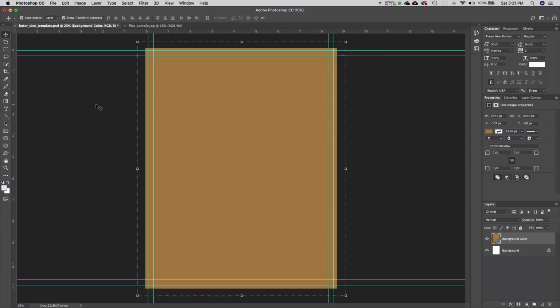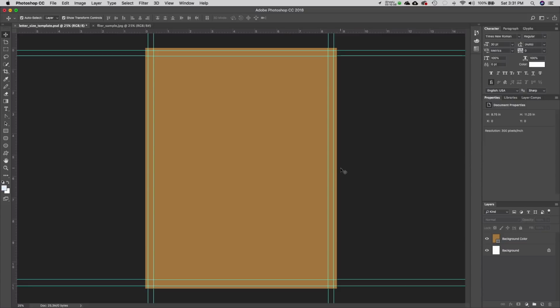So first thing we're going to do is we need to bring in our photo of the Grand Canyon. We're going to use it twice. We're going to use it up at the top, and then we're going to fade out. Then we're going to use one at the bottom, and we're going to apply some filters to it. So first thing we need to do is I'm going to select background color under layers. I'm going to do a file,